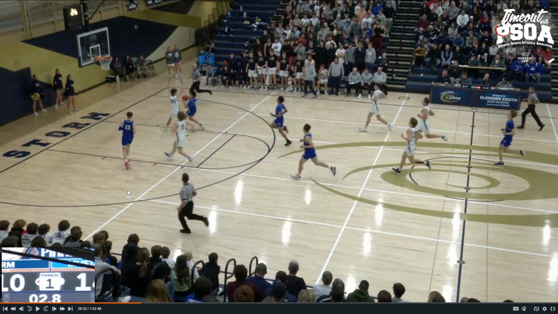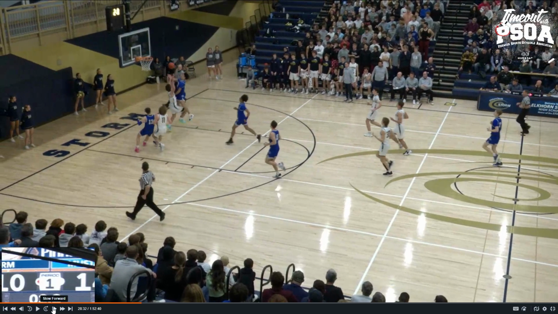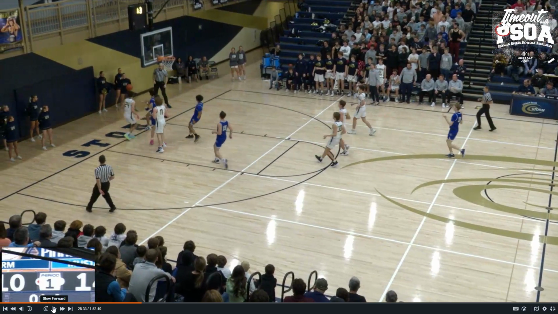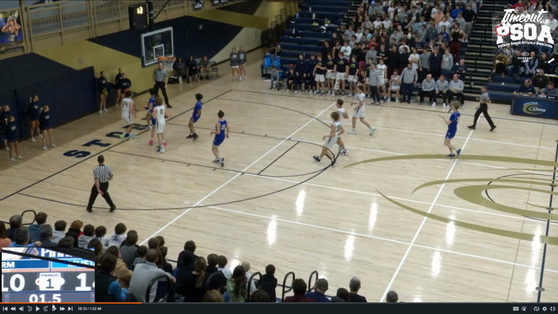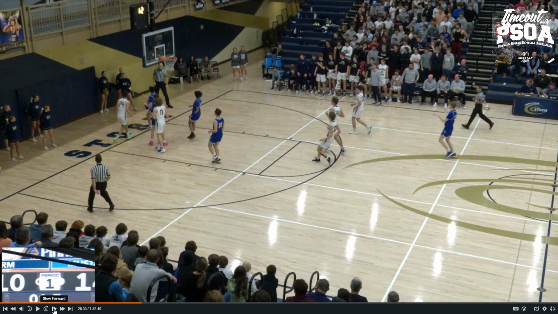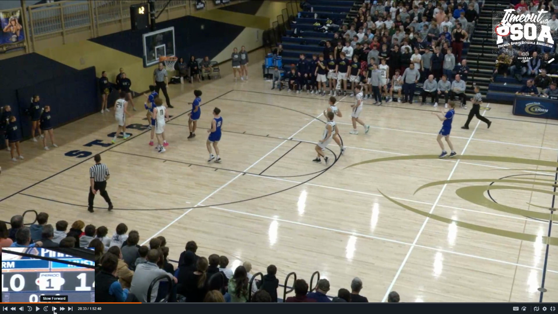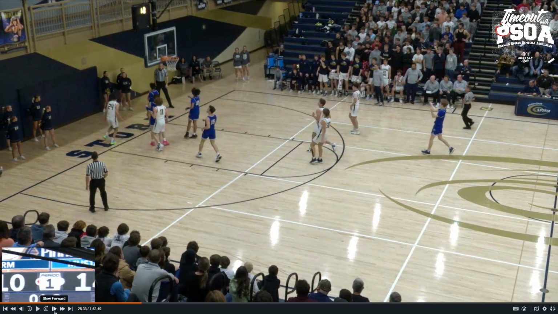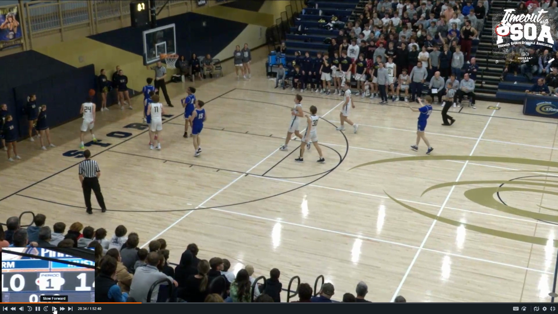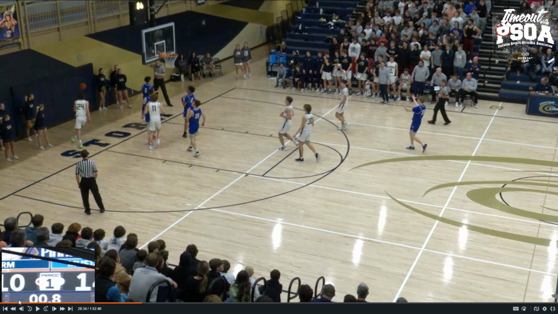All right, so we have a legal defender, vertical straight up, 2 feet on the ground, facing the opponent. Prior to that shooter going airborne, legal defense right now. But we now have the ball out of bounds, and the ball hits the floor right now. This is when the violation occurs. This is when the whistle happens.